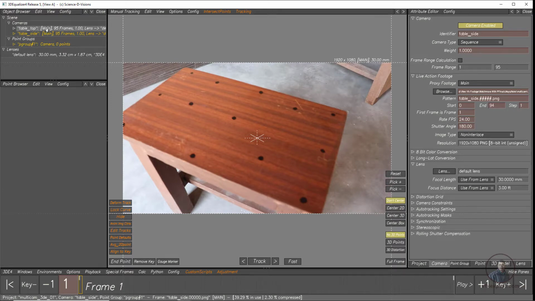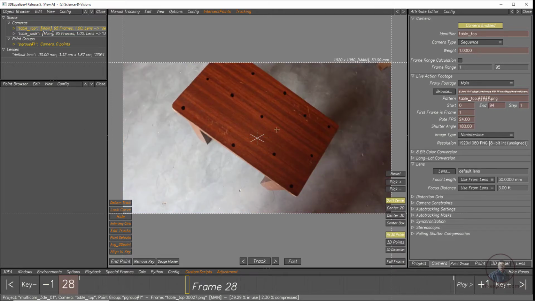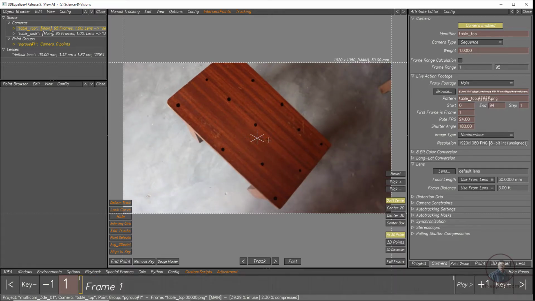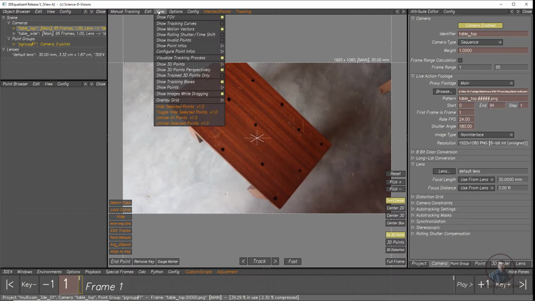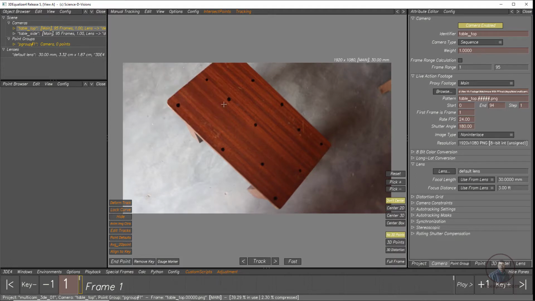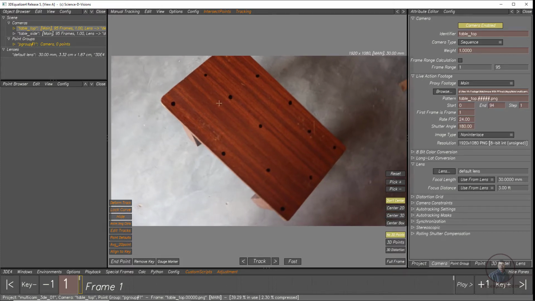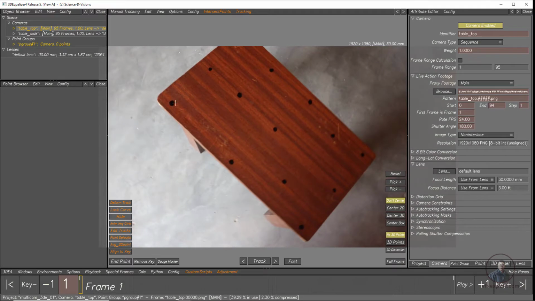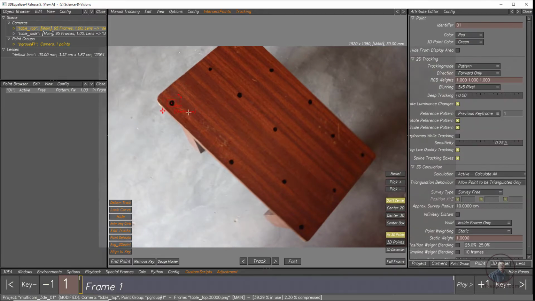First I am going to track the top one, then after this we will track the side one. If you want, you can switch off FOV, so you can hide this one. Minimum 6 to 8 trackers we have to track for our camera solve. Now hold control and create a tracker point here, then simply hold control and click here.